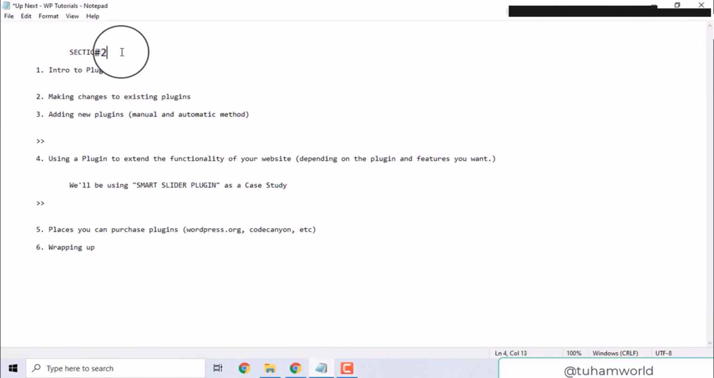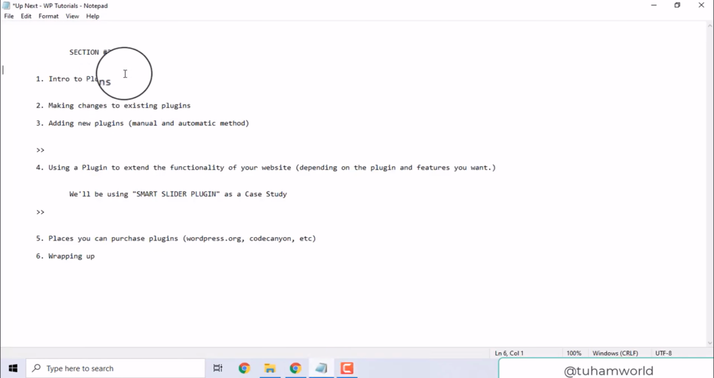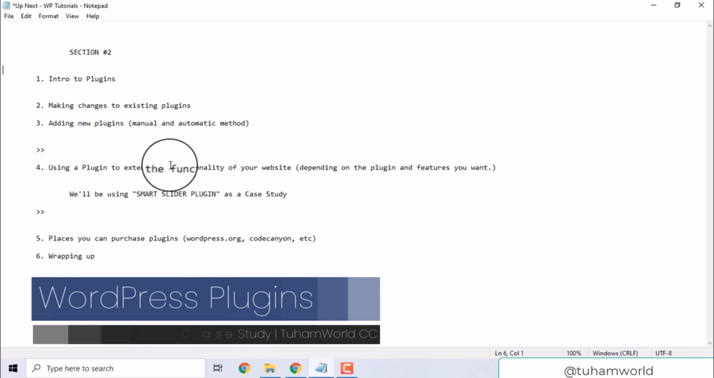Alright, so far so good. We have learned the introduction to plugins. We've learned how to make changes to existing plugins. We also learned how to add a new plugin via the manual and automatic method. So the next part that we're going to move on to is how to use a plugin to extend the functionality